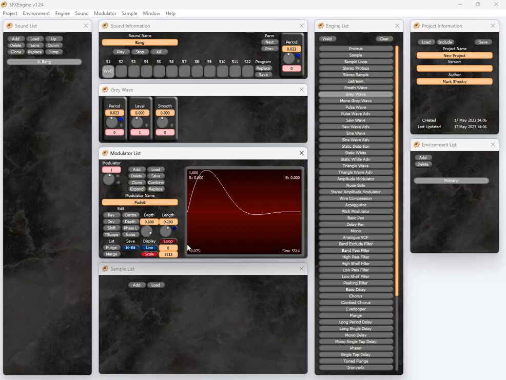Turn off the loop, make it longer. Because these are just wave files, there's a massive amount of processing you can do to these. I can center it, I can change the depth of value, I can switch the phase around, I can invert it, reverse,